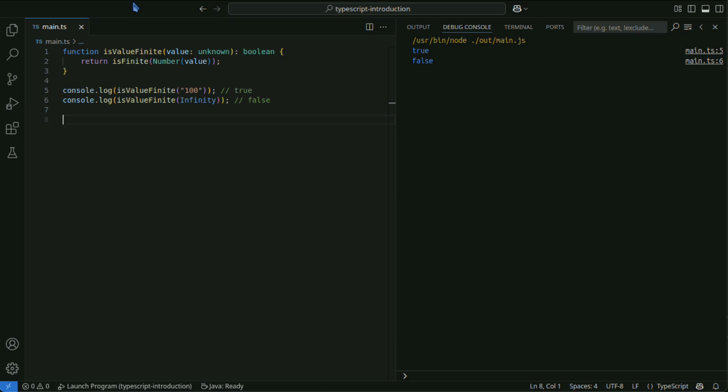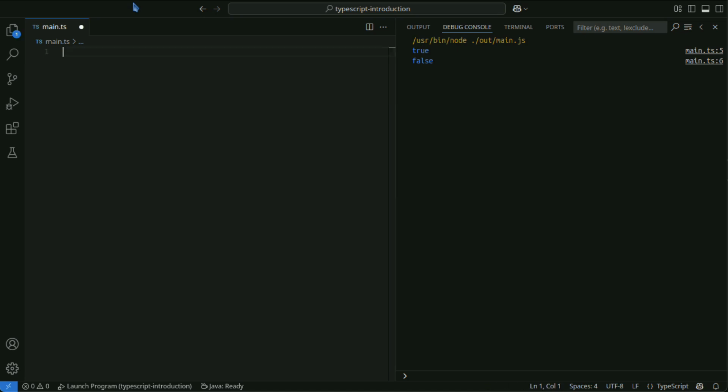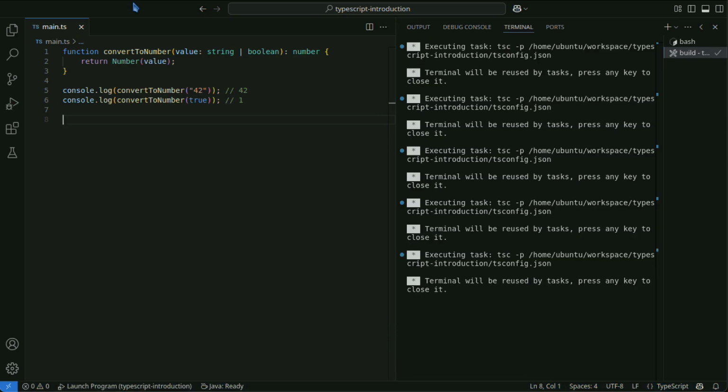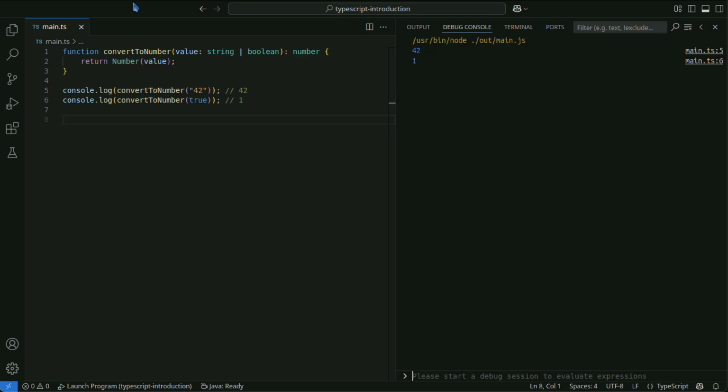The Number function converts strings or Boolean values to numbers. In this example, a union type, string | boolean, is used to specify that the argument is either a string or a Boolean.